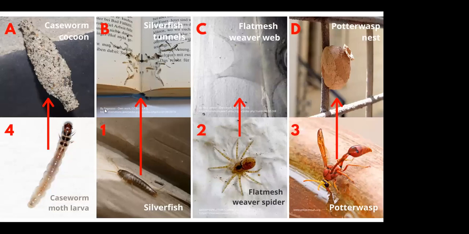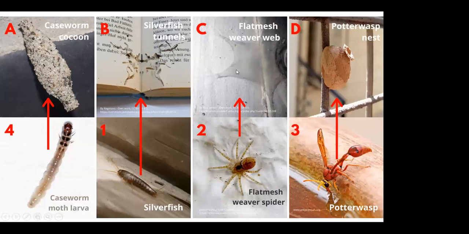The second pairing, which is B to 1, I'm sure that you may have seen this in your house or in your school libraries or something like that. These are tunnels made by a silverfish. A silverfish is a small insect that loves chewing on starch, which is found in paper. And what they do is they go inside your books and they make little tunnels, and that's where they live and lay their eggs. Of course, we don't like silverfish very much because they do harm our books. But as you can see, they make very beautiful patterns. So that's one thing we can learn from silverfish.